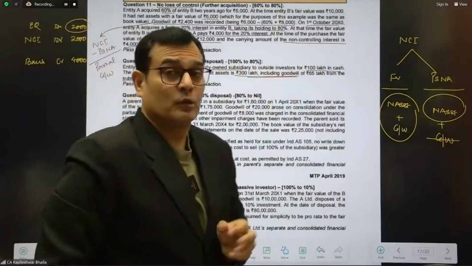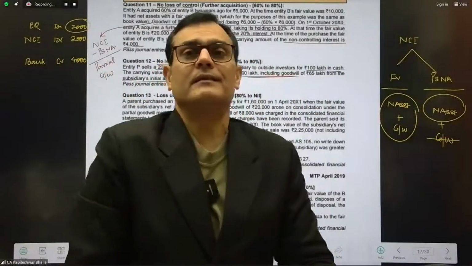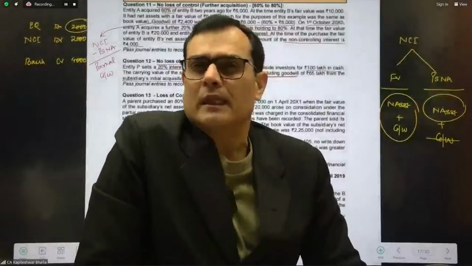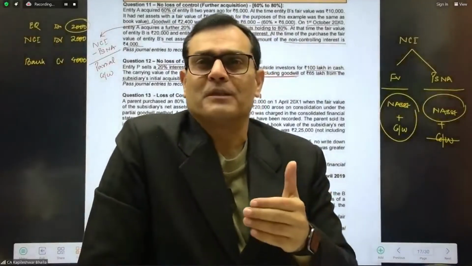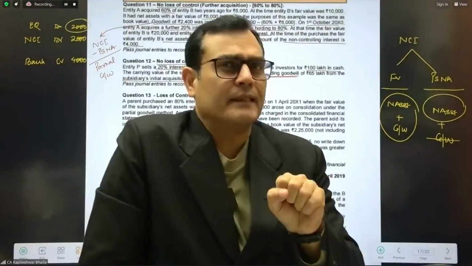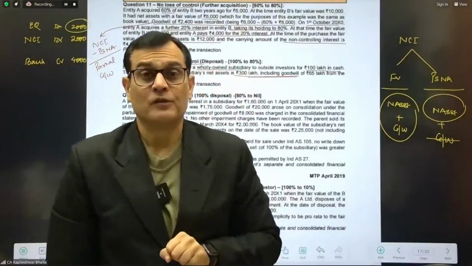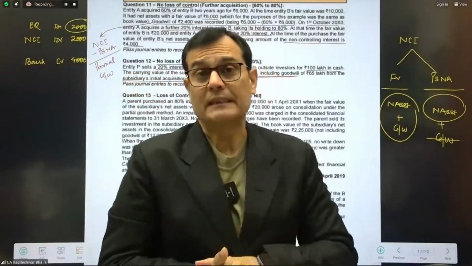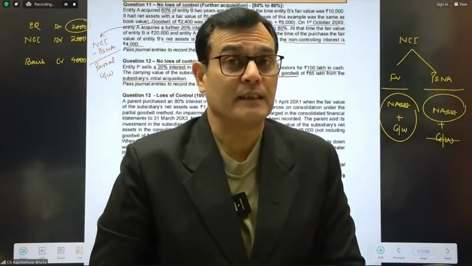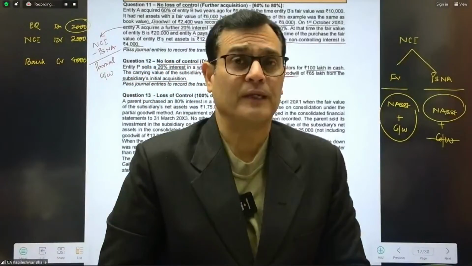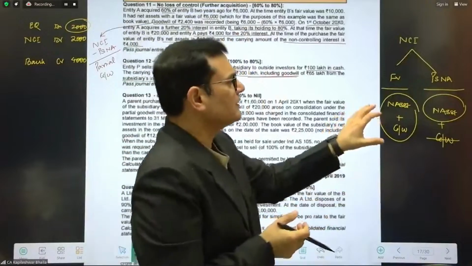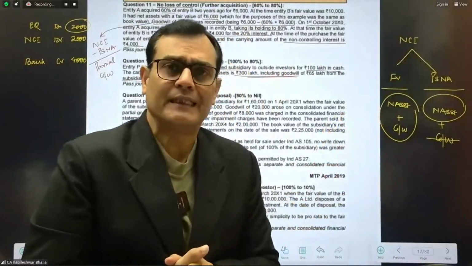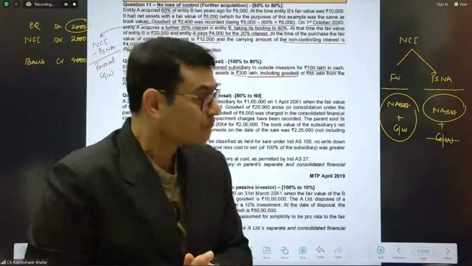Now, the question that comes to mind is, in this case, at what value was NCI taken? There was no NCI earlier. We had a 100% stake in the company, which means that there was no NCI earlier. So now it's up to me to decide whether I am going to consider the NCI at proportionate net assets or at fair value. And I think if nothing is given, we should always consider net assets plus the goodwill, that is, consider the NCI based on full goodwill.